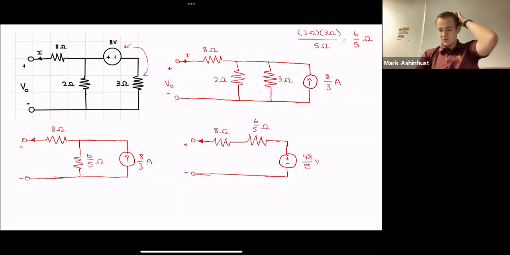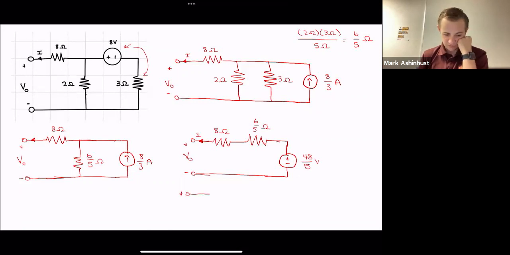And now these two resistances are in series, so they can just add. And make sure we keep I and V out. So those two adding, we will be left with